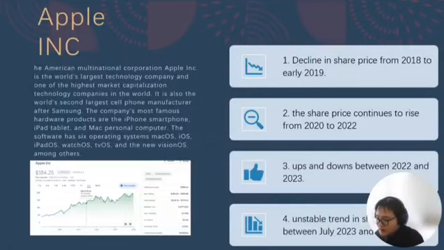In late 2018 and early 2019, Apple's stock price continued to fall, and on January 3rd, 2019, Apple's stock price dropped 10%, the biggest drop in 6 years, making the market value fall below $700